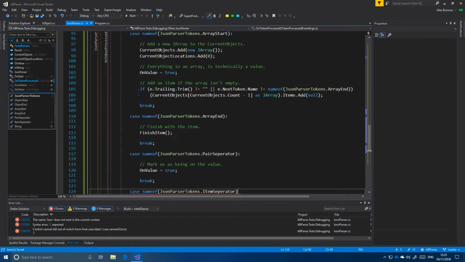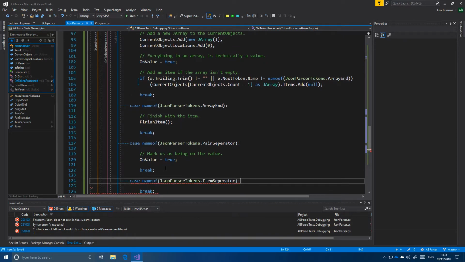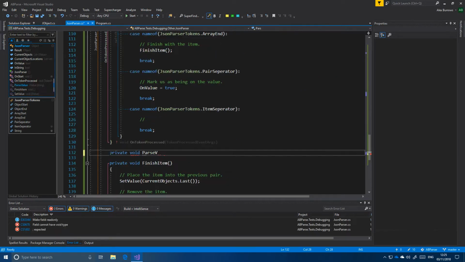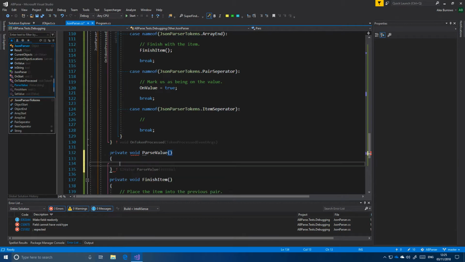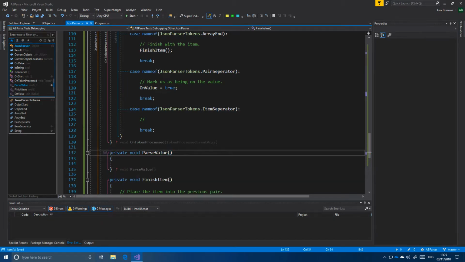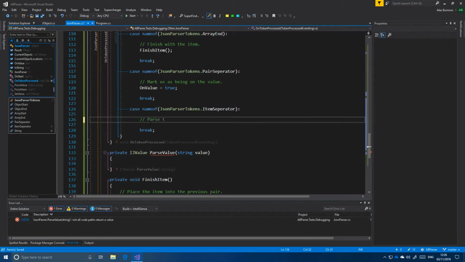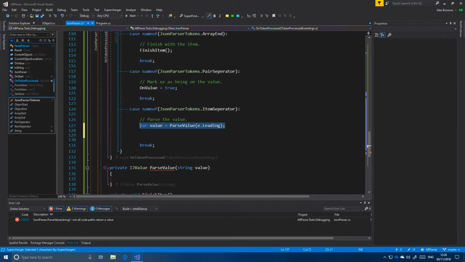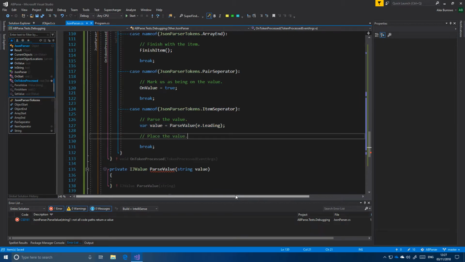Now, unfortunately, this one isn't quite so simple, because this is the bit that actually parses the value that came before it. For now, we'll just make a parse value method, and we'll add logic in here later. This will take in the string to parse and return the parsed object. Let's go ahead and call it up in the item separator. This will parse the value that it finds before, and now we need to place the value where it needs to go,